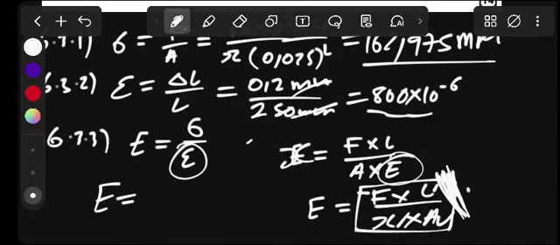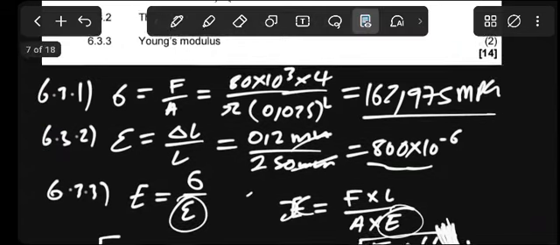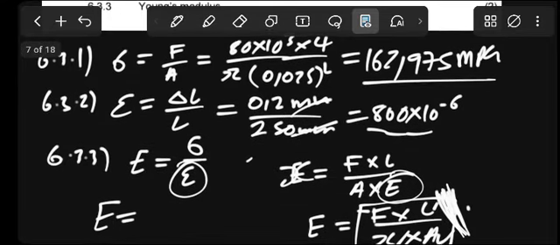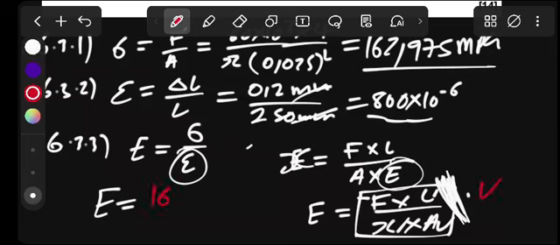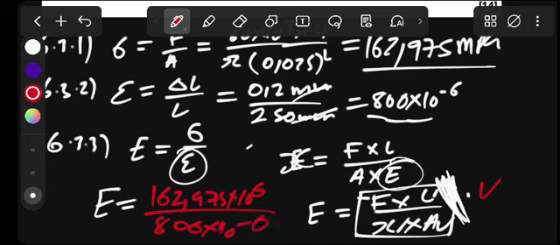You'll see the shear stress is the one in the same, is the one that we have calculated. The stress is that divided by shear strain. So okay, let me start by calculating using this formula, then we'll come and use this one. We have 162,975 times 10 to the power of 6 divided by Young modulus, which you divide by strain, minus 6. So